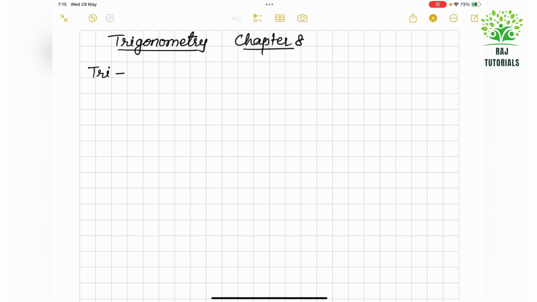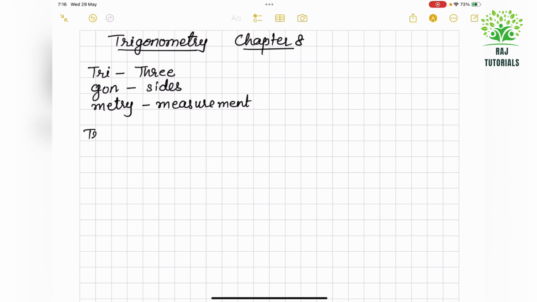Three words. Tri, that is 3. Geo, that is sides. And metry means measurement. This is a Greek word used in trigonometry. Now, trigonometry